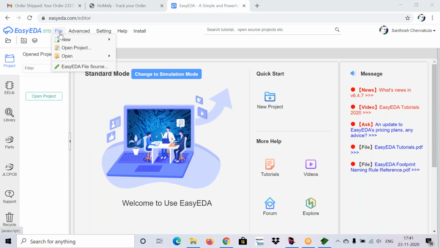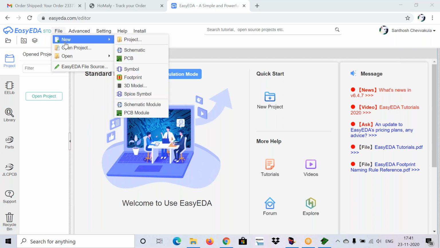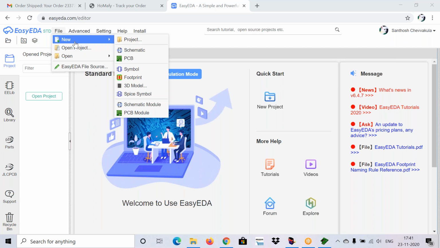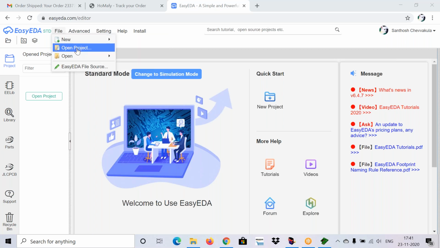Now if you click on file, you can get a new project, new schematic, new PCB, new symbol, new footprint. All these are new in file. If you want to open your saved projects, then you can click on open project.